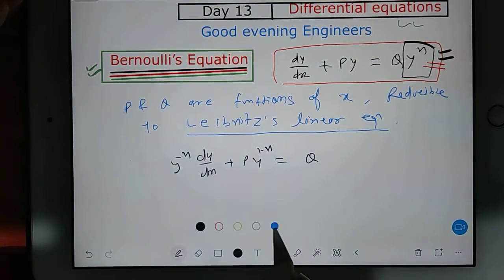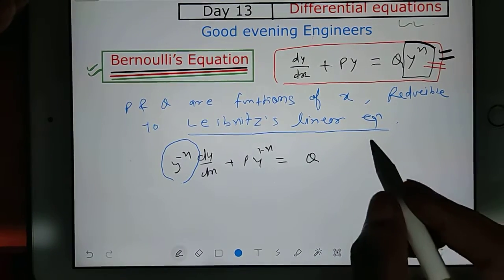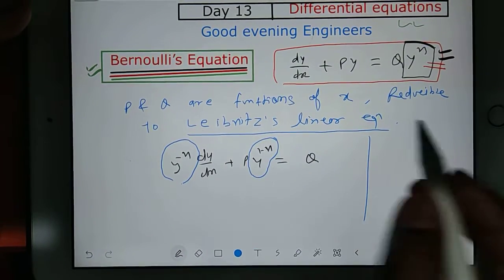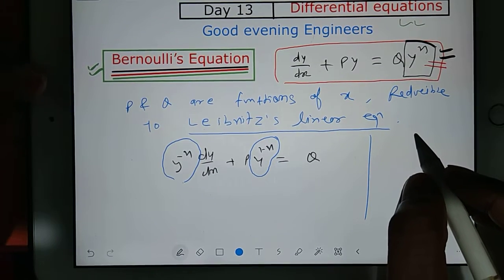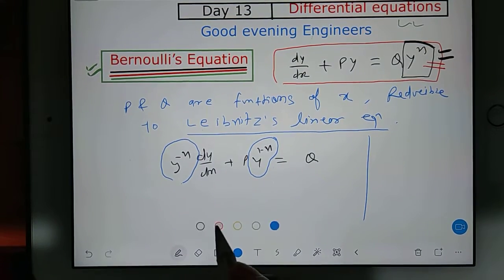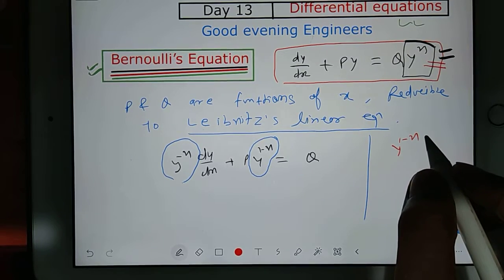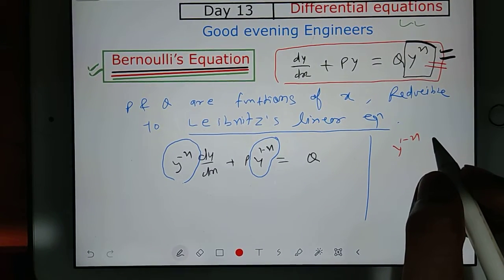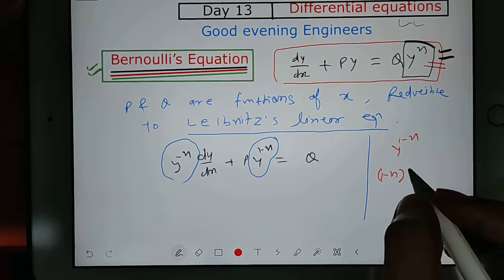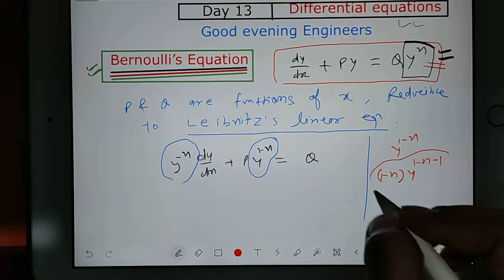Now in this equation, as you know, we are getting y power minus n, so here we have a beautiful trick. This y power 1 minus n, if you differentiate one time, then you will be getting y power minus n in the format. I will explain how. If you differentiate this thing with respect to x, what are you going to get? It will be like 1 minus n and y power 1 minus n minus 1. This will be your answer in the differentiation, right?